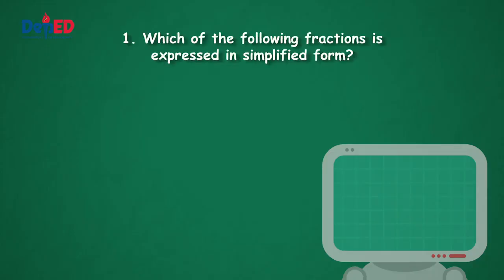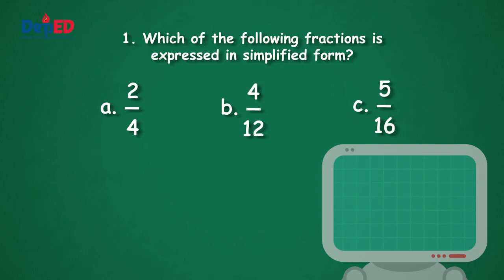Number 1. Which of the following fractions is expressed in simplified form? Is it A, 2/4, B, 4/12, or C, 5/16? The correct answer is C, 5/16. Because 2/4 can be written as 1/2 and 4/12